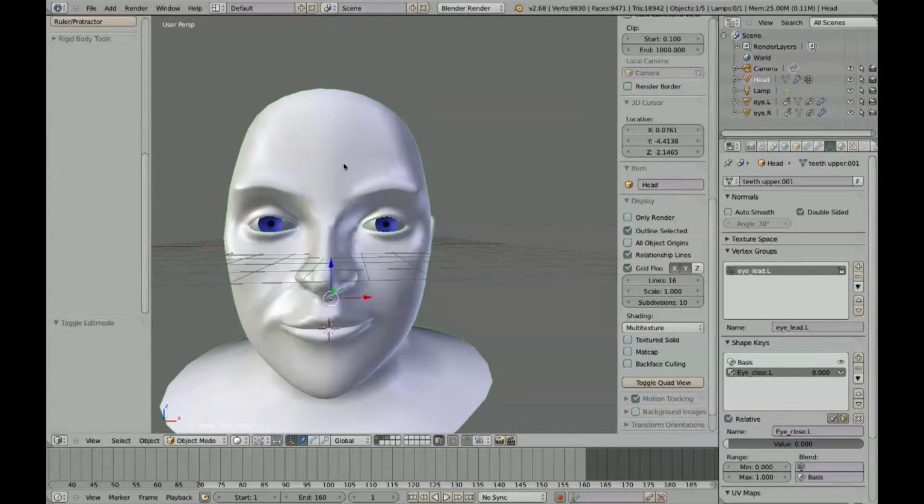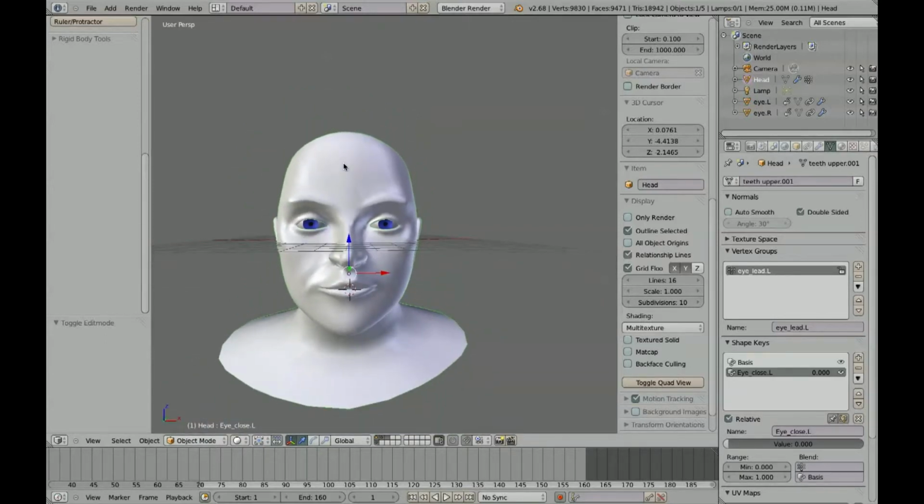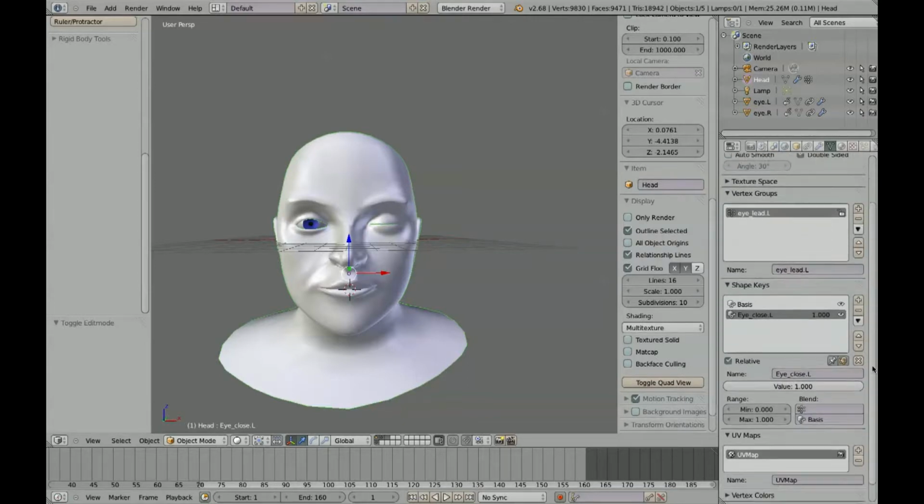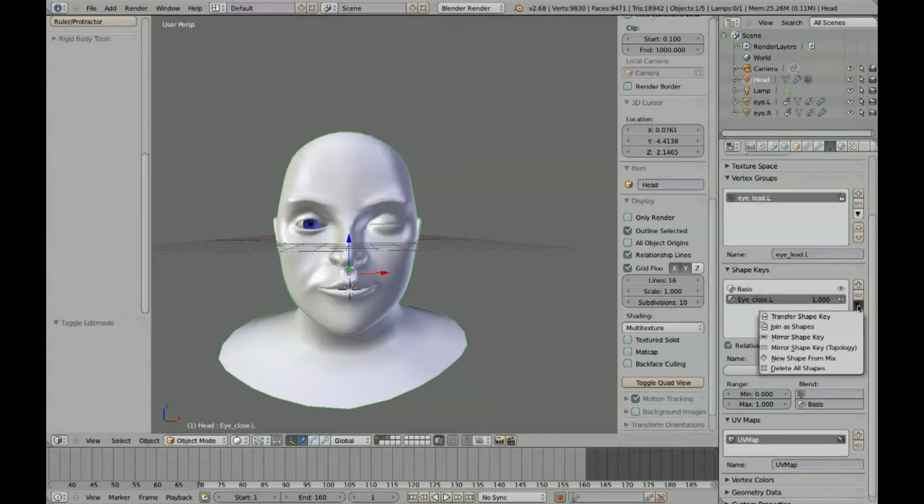And let's apply exactly the same idea we had before, and hopefully it's going to work. So again, let's set this guy to 1. Let's apply to the left side, right side now. Okay, set this guy to 1, and here we say new shape from mix. Let's rename this one to eye close right. Let's come back here and turn this to 0. This will be pretty much a copy, and let's try to apply this to the left